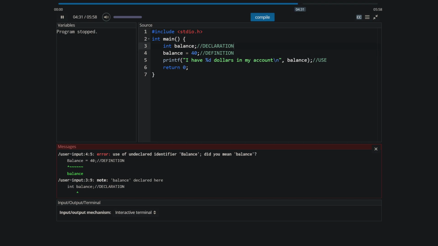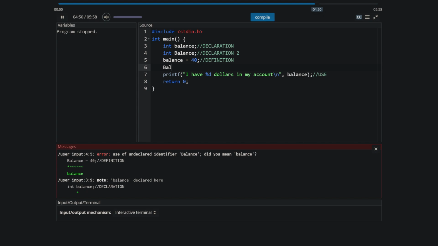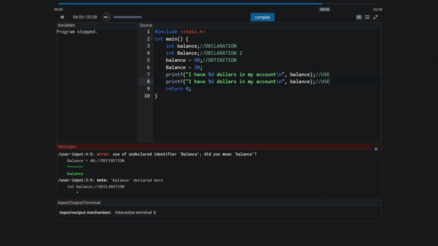Also, something else. If I declare one with a B lowercase and declaration 2, and another one with a B uppercase, then I define the first one and I define the second one, and then I use the first and the second one,